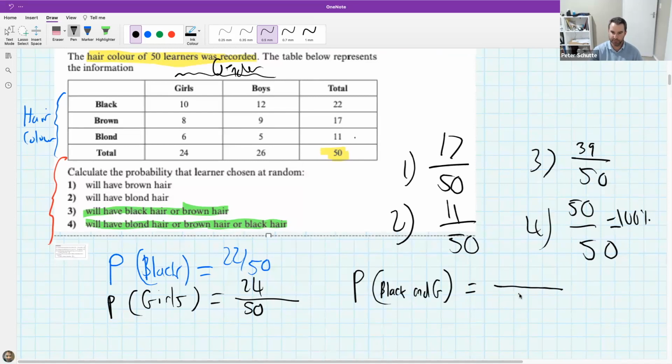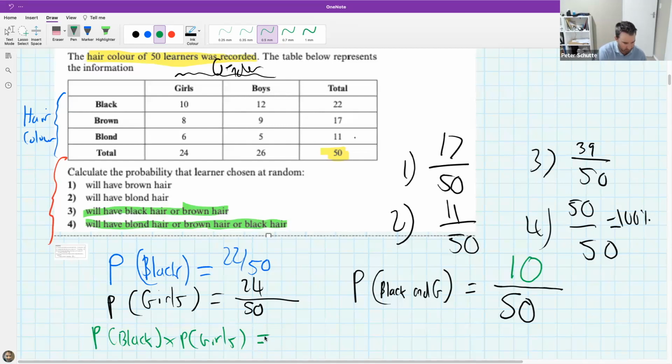We're still going to be out of 50 because there's only 50 people in the class. Remember, black hair and is a girl. Well, we go and we find black hair, we find girls, and we've got 10. Cool. So now to check for independence, what we're going to do is say, what is the